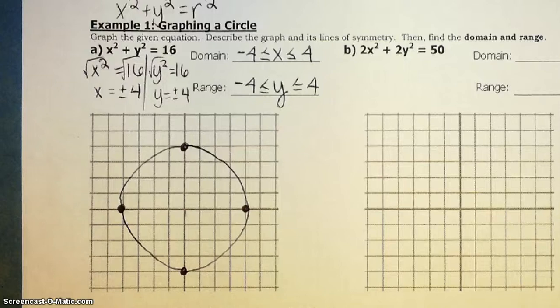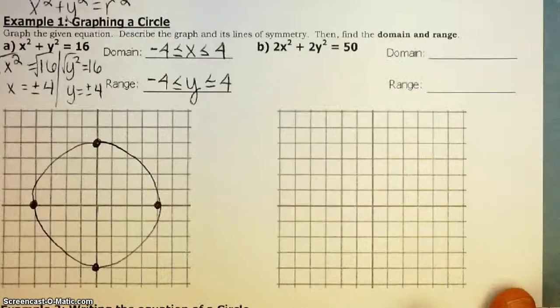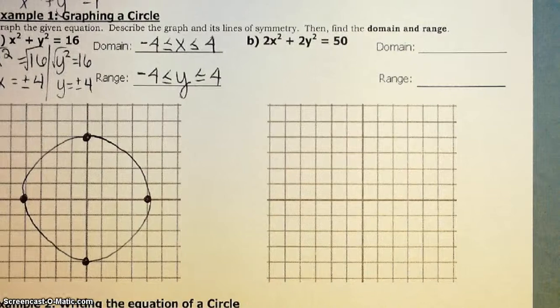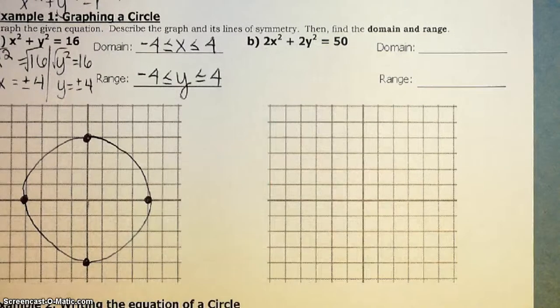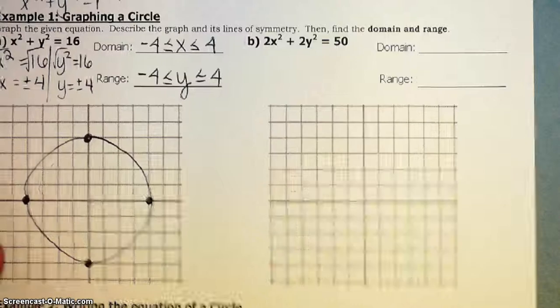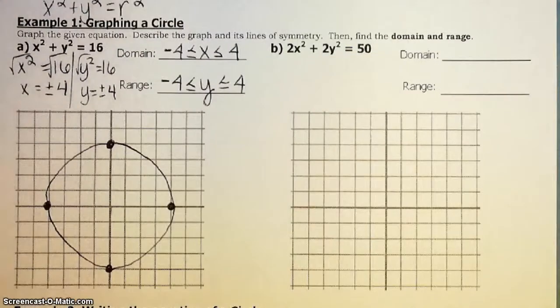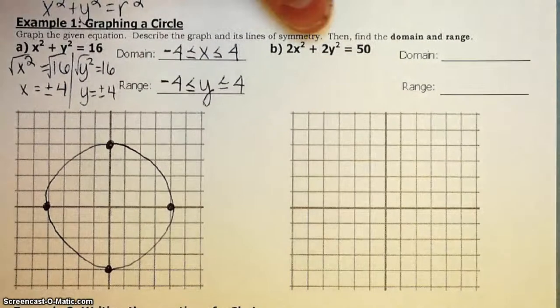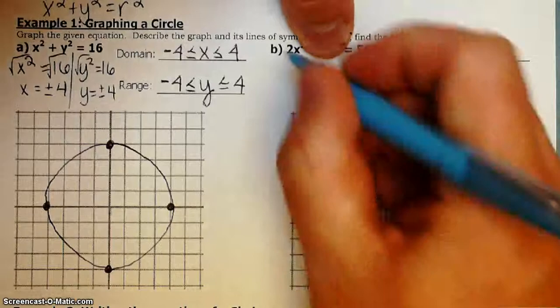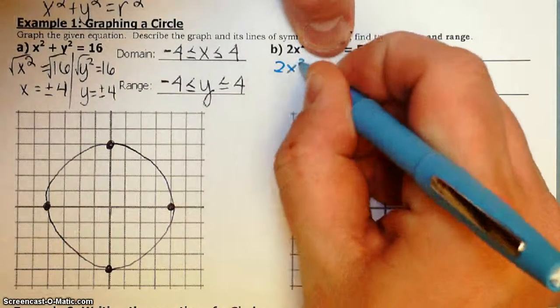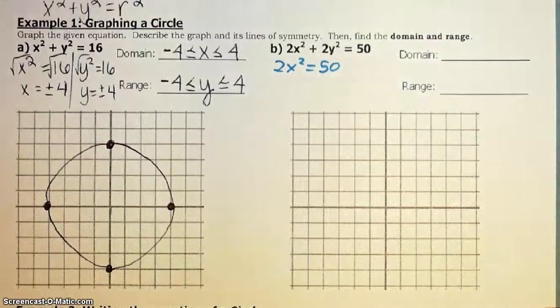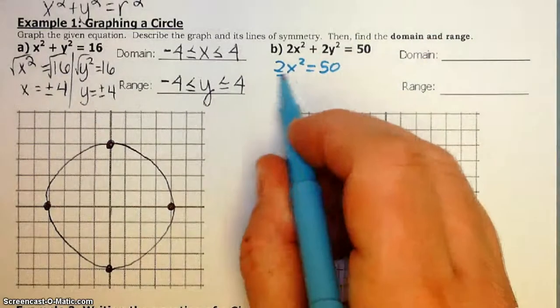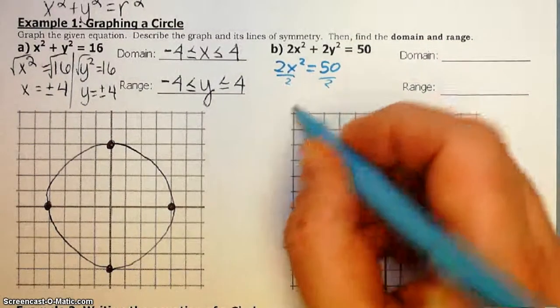All right, so that first circle's been done. The second example is another circle, a little bit different form. If you notice this one, I've got a couple coefficients on the x and y, but we're going to follow the same procedure that Miss Grody showed a second ago. To find the x-intercepts, I'm going to cover up the y, and that's going to read 2x squared equals 50. So the only extra step I'm going to have is dividing both sides by 2,